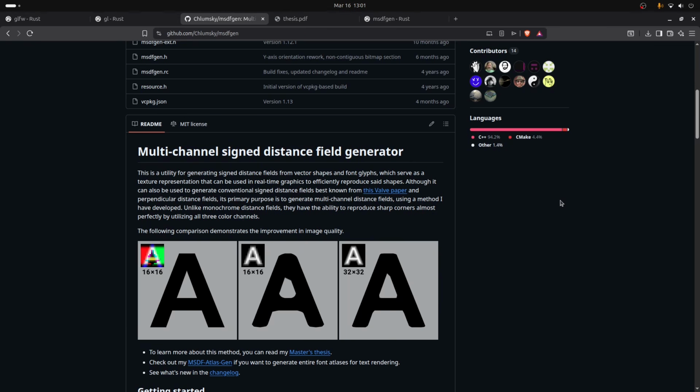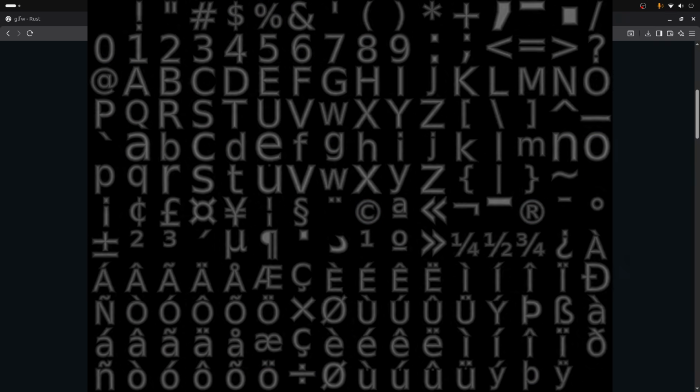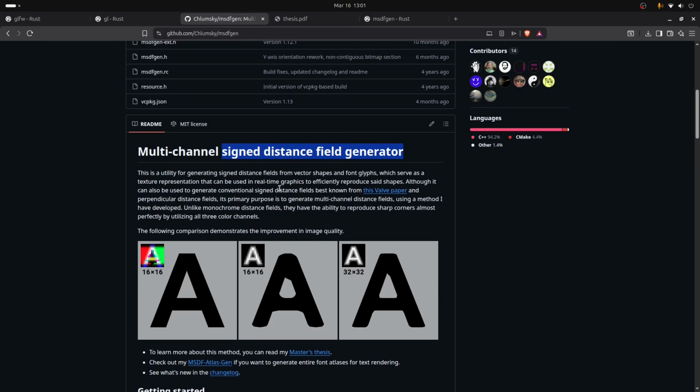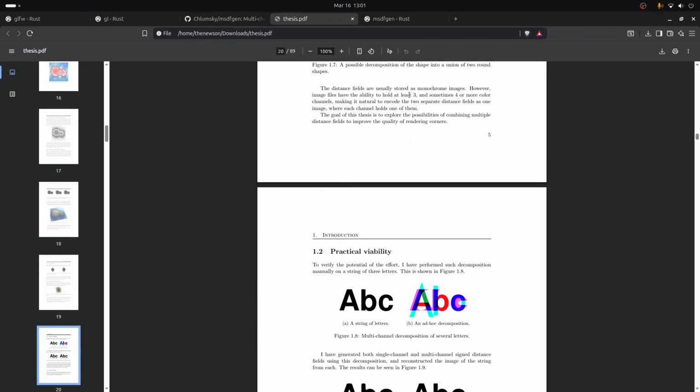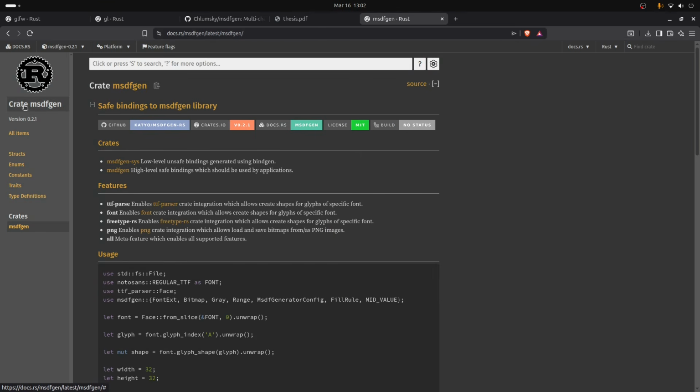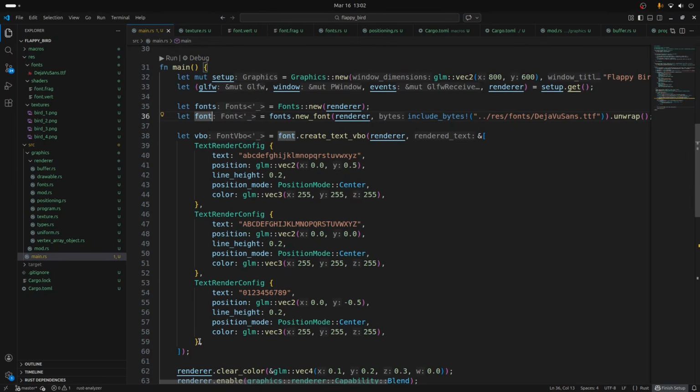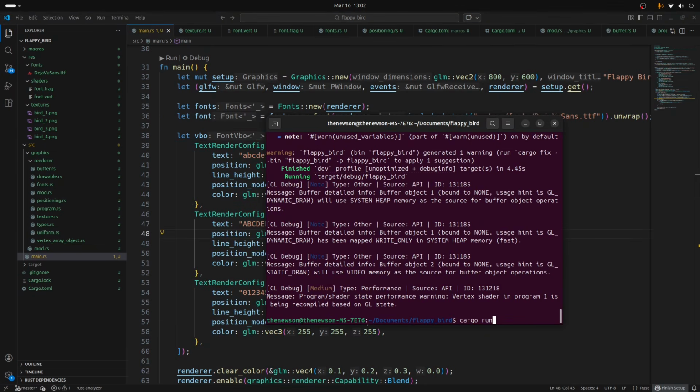For font rendering, I will use the multi-channel signed distance field generator, and it works by getting the median of the red, green, and blue. You get some sharp images, like this A here. This is based on this master thesis, and there is some wrapper here in Rust, this crate. I already implemented it. I used AI to help me implement it, and if we run it,